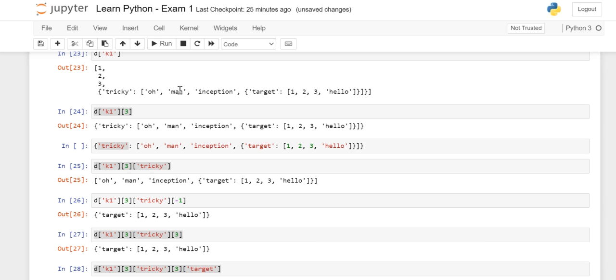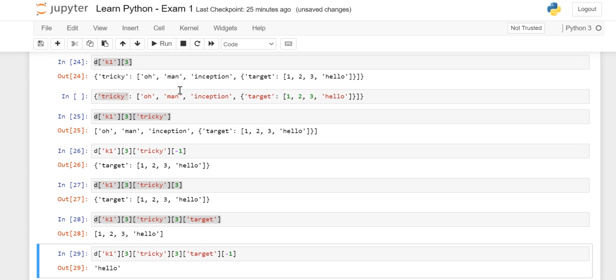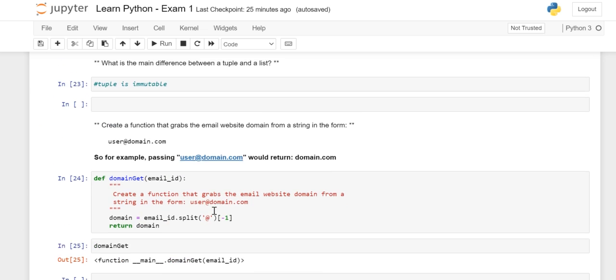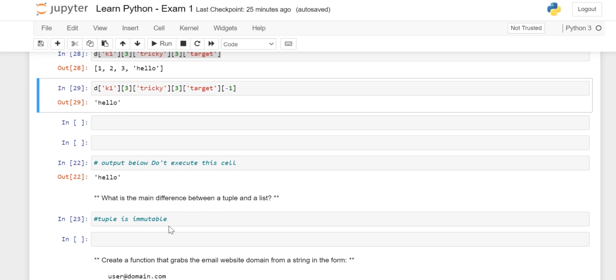Clear? Okay. So whatever assignments or quiz I have shared, please attempt them because there are multiple questions on indexing. As you practice, you will get your hands on this and become much clearer on how to access it. Because in the real world, you will always get very big and complicated data types. So you should know how to access them and always break down your problem. Go and access one by one. All right. Yes, ma'am.